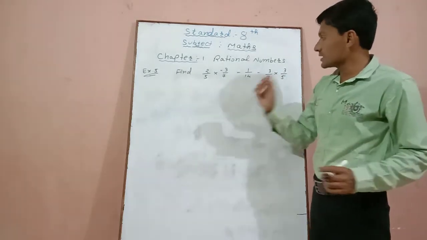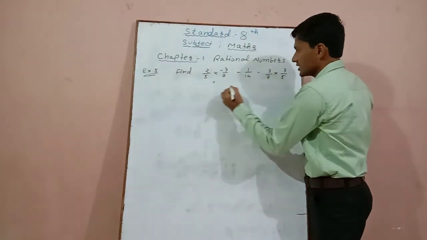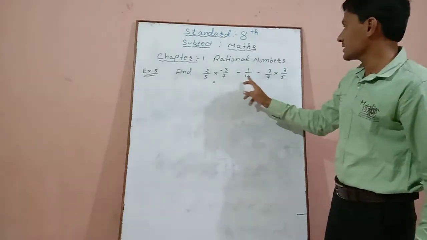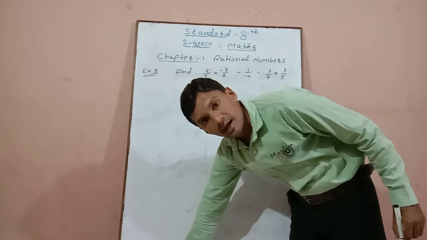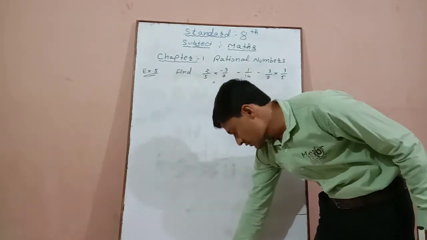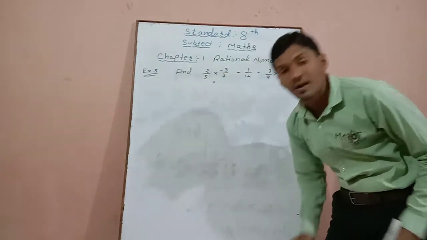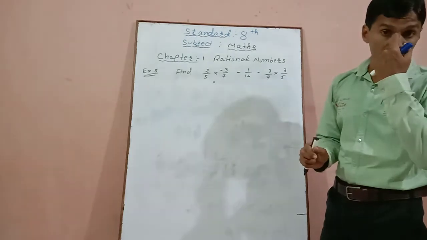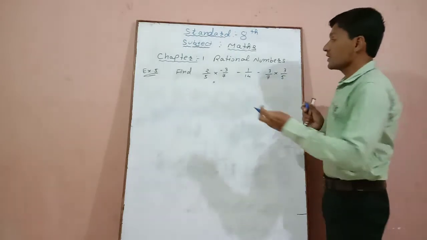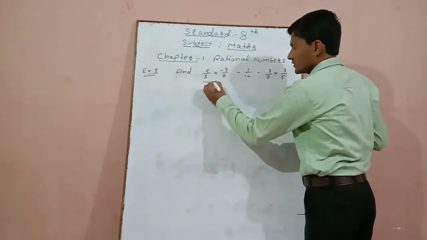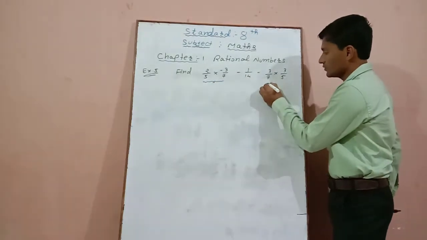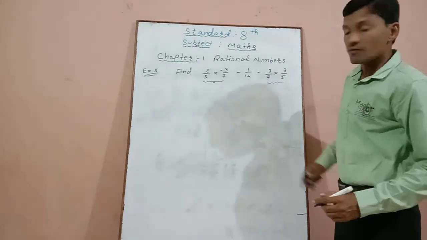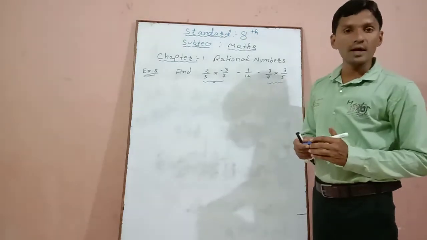Now we can see here there is a sign of multiplication, a sign of minus, a sign of minus. Now if there is a sign of multiplication and a sign of plus or minus, then first of all we have to solve the multiplication between the numbers. That means when there is a multiplication between two numbers, fractional numbers or integers, first of all we will solve that only. After that we will compare with 1 divided by 14.